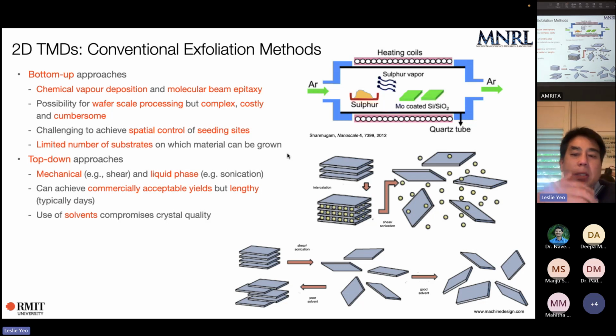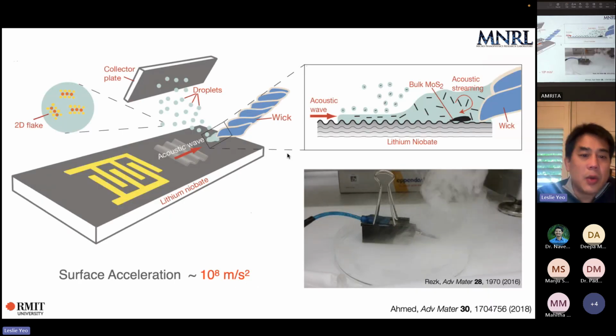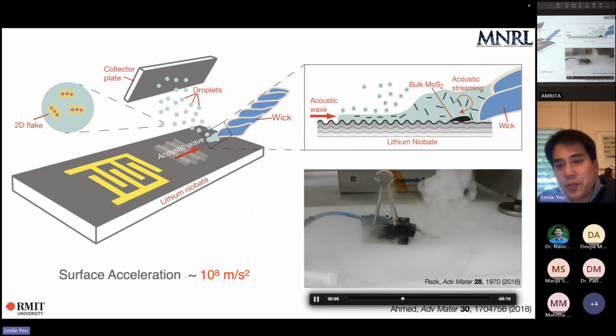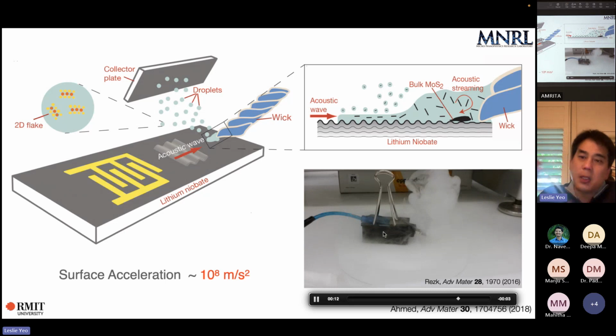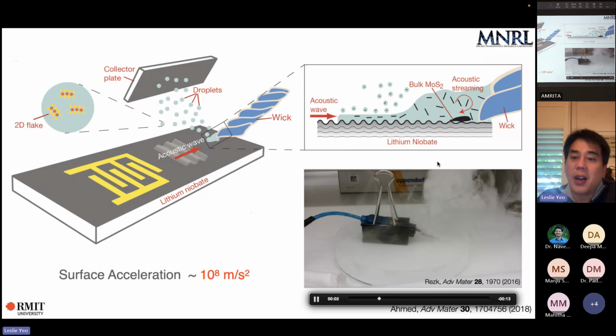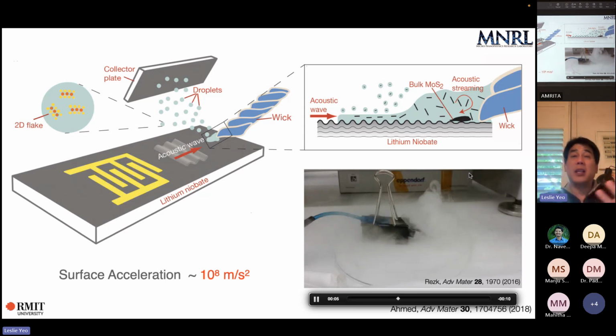But they need to use these solvents as well to do the intercalation, which compromises the crystal quality, and it's a very long process. Now, what we do is we nebulize. We use the surface acoustic wave, and you can see part of the chip here. It's immersed into this solution, and because the accelerations are 10 million Gs, it instantly nebulizes